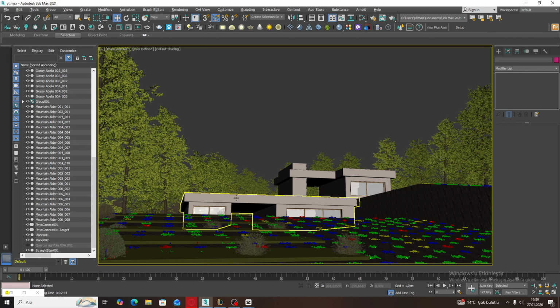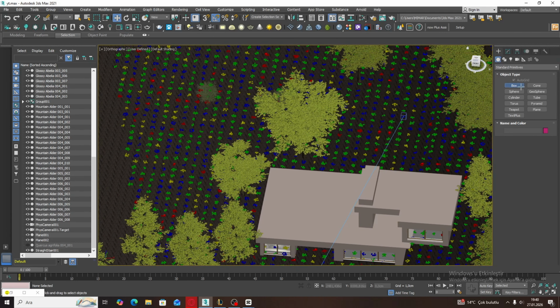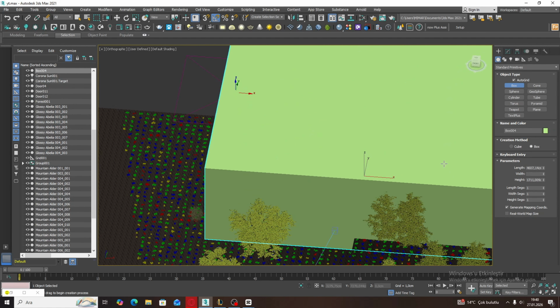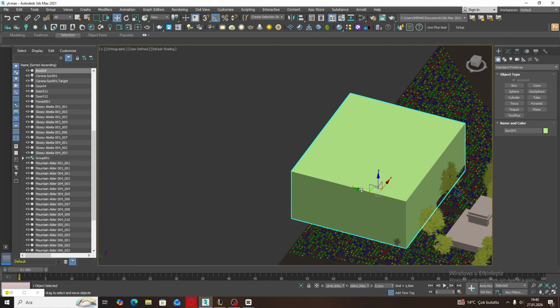So for this reason I'm gonna create one box. Okay, this box includes these trees, maybe something like this, yes. So